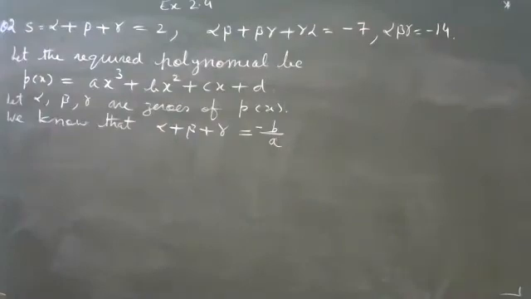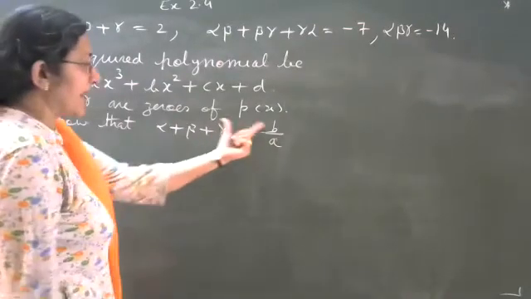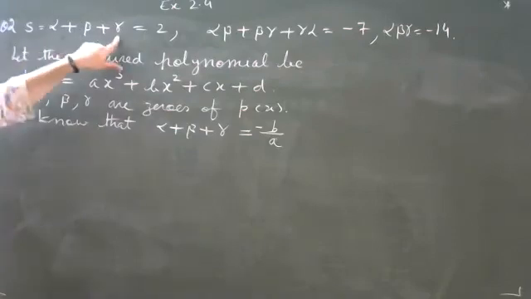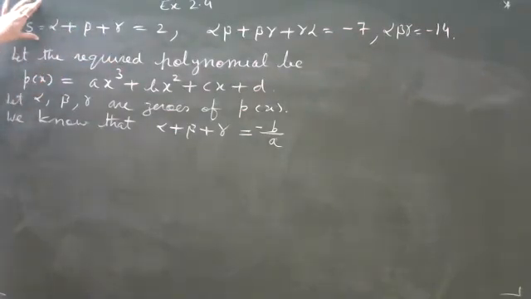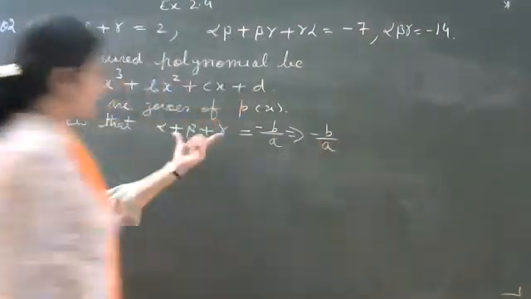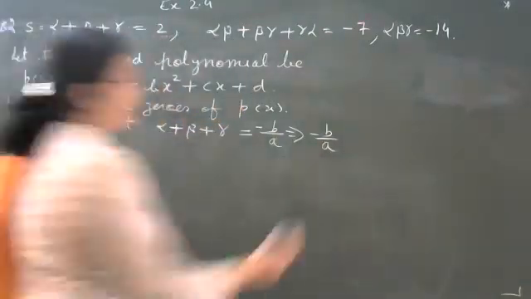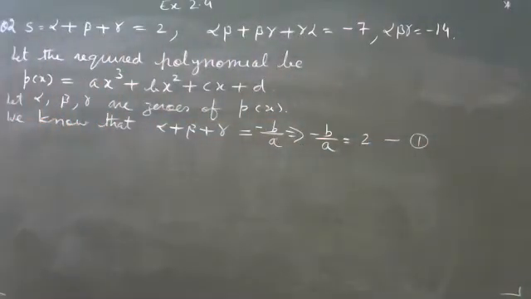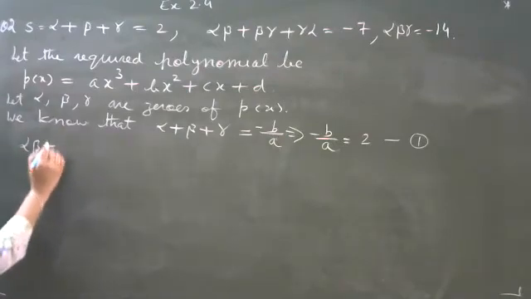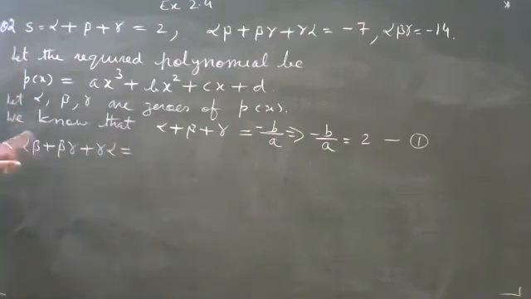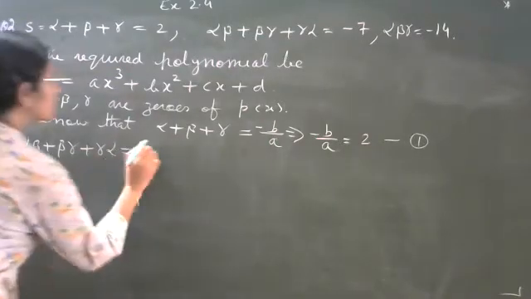जहां से आपके पास जाएगी माइनस b ओवर a। अब अल्फा प्लस बीटा प्लस गामा क्या हो गया, माइनस b ओवर a, which implies माइनस b ओवर a की वैल्यू ये है और इसकी वैल्यू कितनी होगी आपके पास 2 होगी, that will be number 1. Now second relation: अल्फा बीटा प्लस बीटा गामा प्लस गामा अल्फा, इसका रिलेशन क्या है, that is c ओवर a,